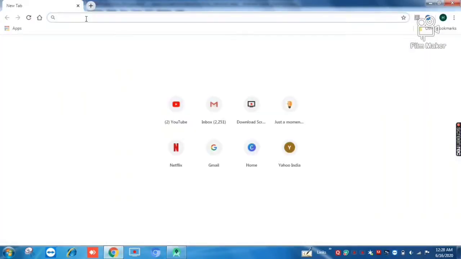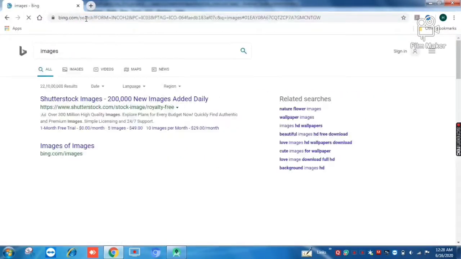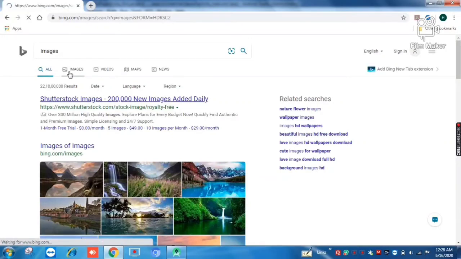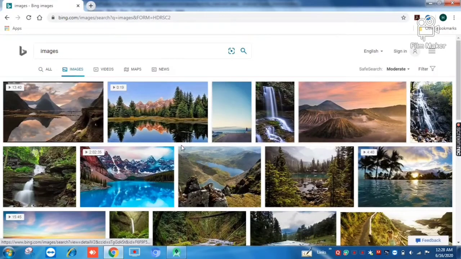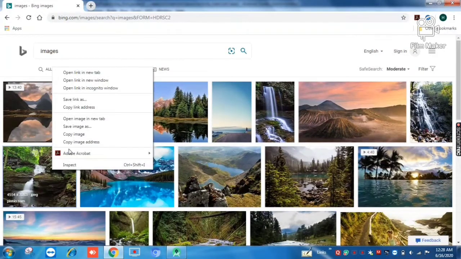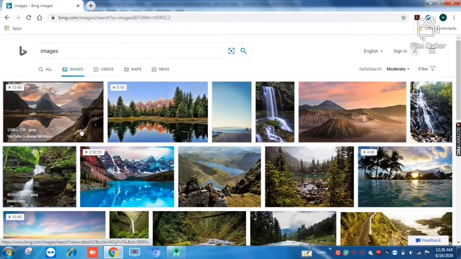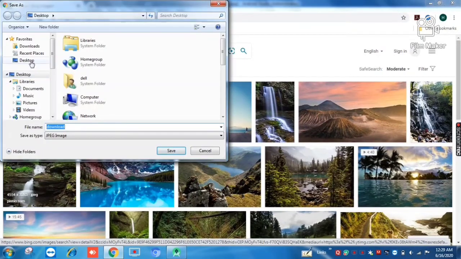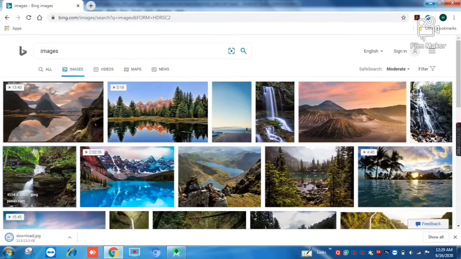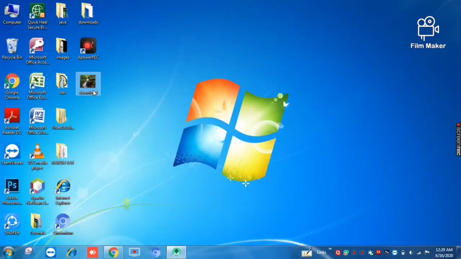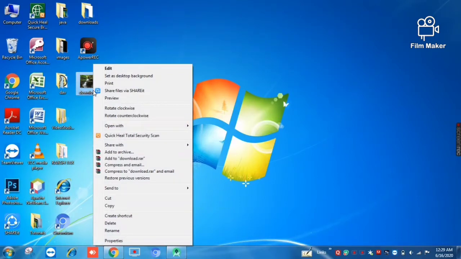So let's download it. Go to your browser, search for images and choose an image of your choice. Let me choose this one. Save image as. I save it to my desktop and name it as download. Make sure your image name does not contain any white spaces or any capital letters, otherwise it will not be recognized by Android Studio. Now copy this image,